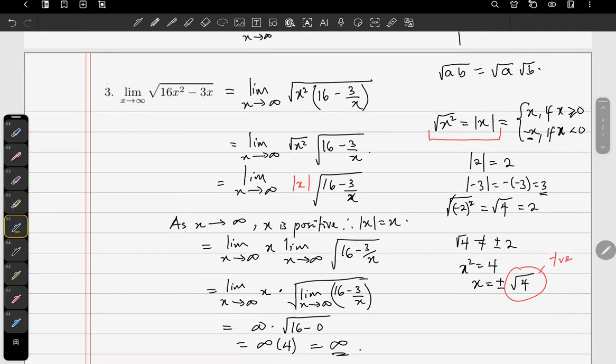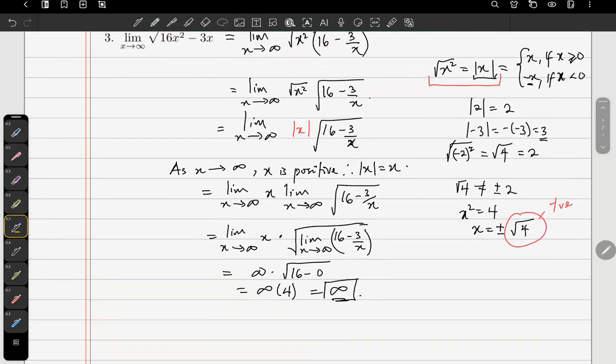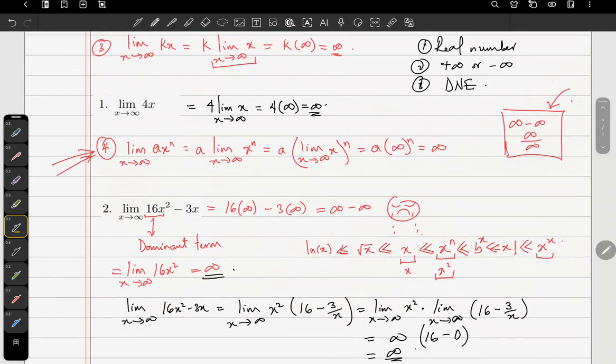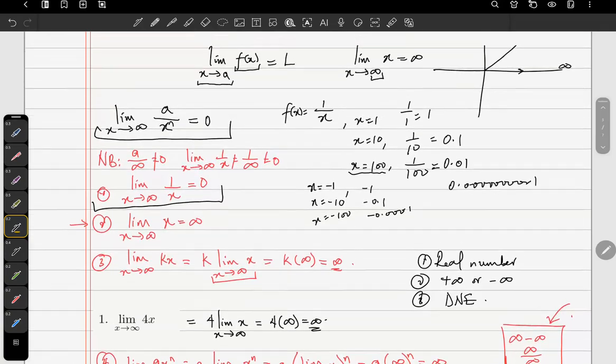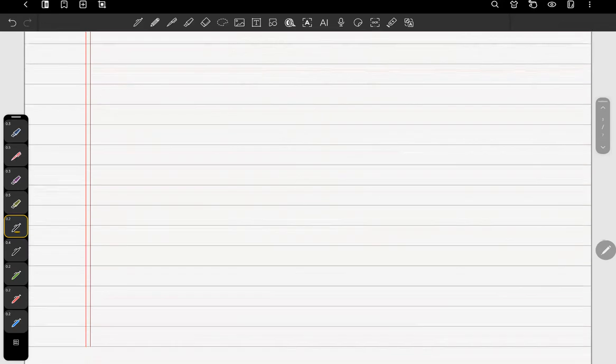If it involves a square root or an even root of a power, and the power is not odd, you can be sure that the absolute value will show up. So this is number 3. The answer is infinity. We are slowly building up to the controversy that I talked about at the beginning of the video. So the next question on the list, number 4,